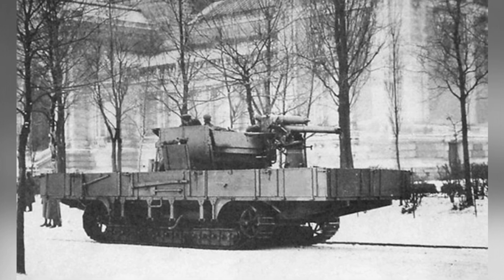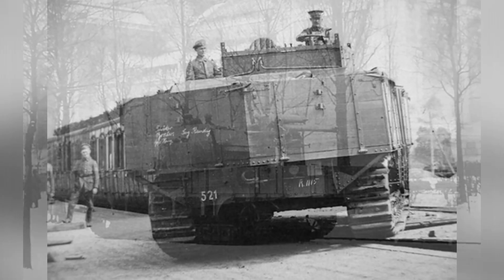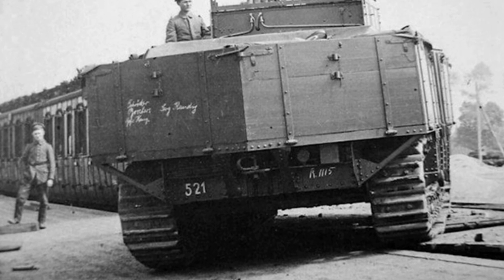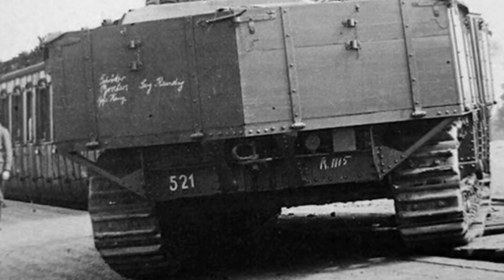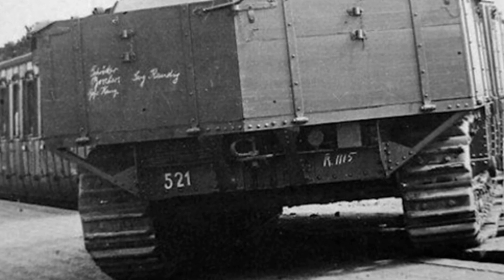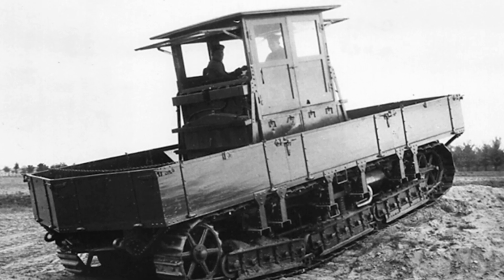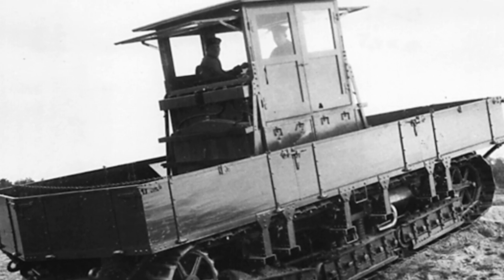Furthermore, the extension of the rear cargo compartment caused excessive rear weight when fully loaded, further weakening its already poor driving ability. The 2 Daimler 100 horsepower engines of the transport vehicle could only provide limited power, with a high fuel consumption of 10 liters per kilometer, and a top speed of only 13 kilometers per hour, less powerful than trucks at the time. In addition to the all-terrain transport vehicle, the Germans also developed a novel self-propelled anti-aircraft gun based on